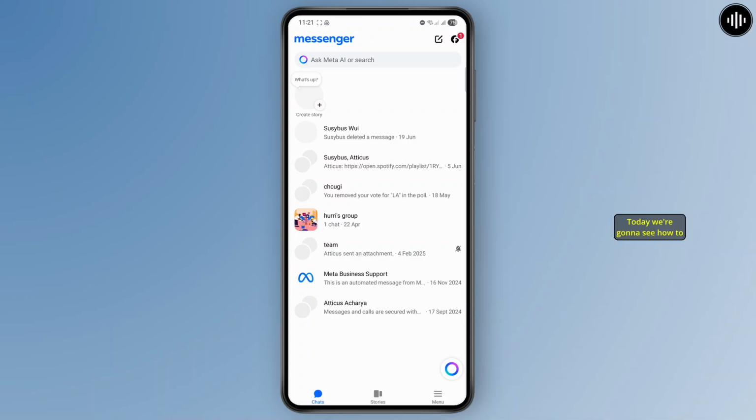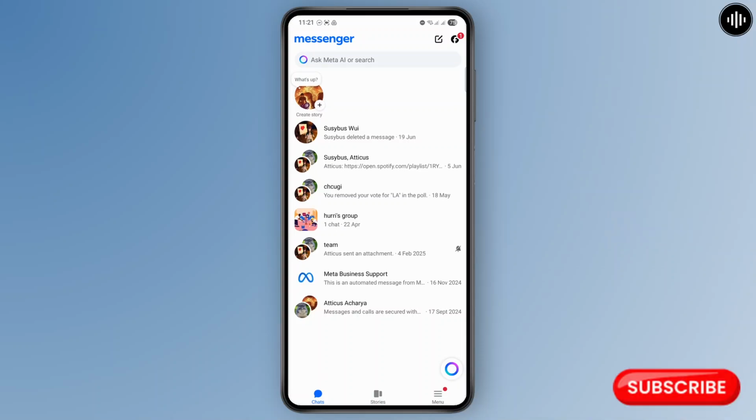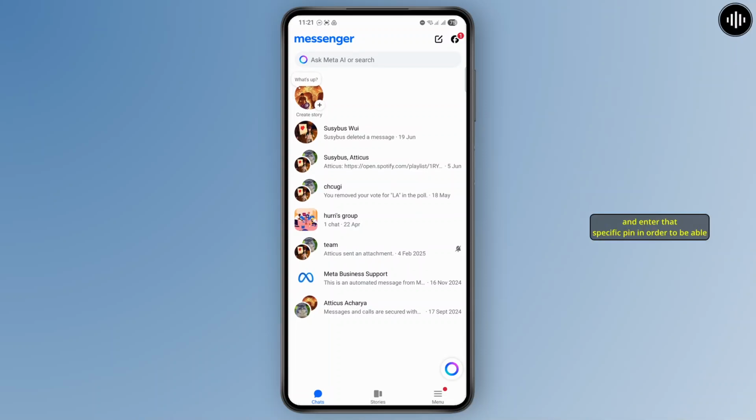Today we're gonna see how to fix the missing chat history sync now error on Facebook Messenger. So Messenger has recently introduced the end-to-end encrypted chat where all of your chat history is synced and your messages are stored. In order to sync your messages across all of your devices, you're going to have to create a PIN and enter that specific PIN in order to be able to sync all of your messages across all your